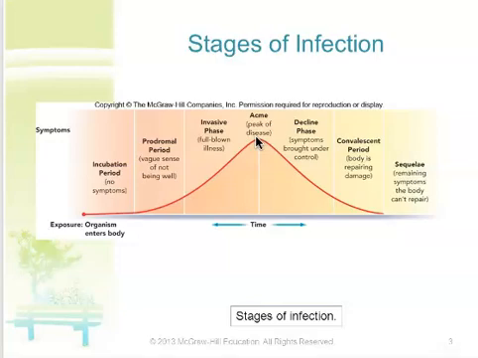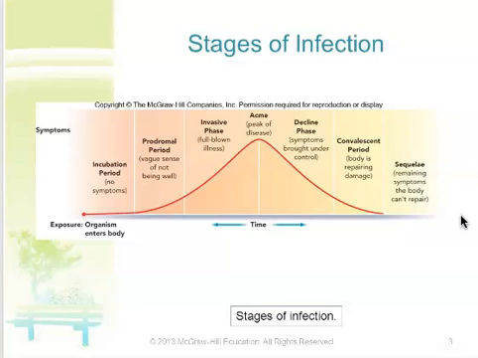And then we start down the other side of the curve. We move into what's called the decline phase. This is the time when the symptoms start to let up a little bit. The person begins to have a feeling that they're getting better, that they're recovering. They're still showing symptoms, but the severity of those symptoms is starting to give way. That leads into what's called the convalescent period. This is the time where the person's symptoms have often gone away, but they're still not 100% back to how they would feel normally. This is typically when the infection ends for most people, but you'll notice that there is